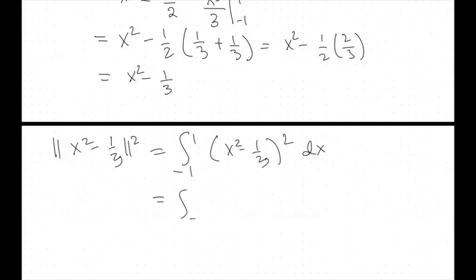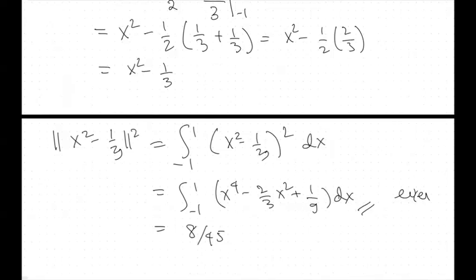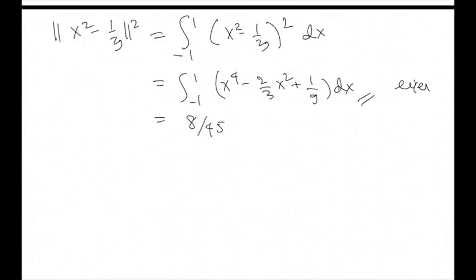This is just the integral from -1 to 1 of x to the fourth minus 2/3 x squared plus 1/9 dx, and then it's a long computation, and it will give us 8 over 45. So verify this as an exercise. So 8 over 45, thus your E3 here will be,